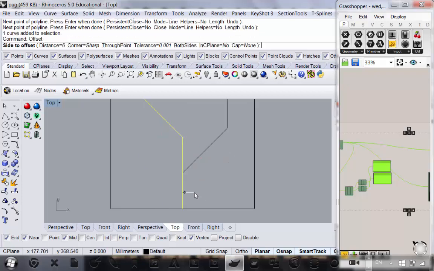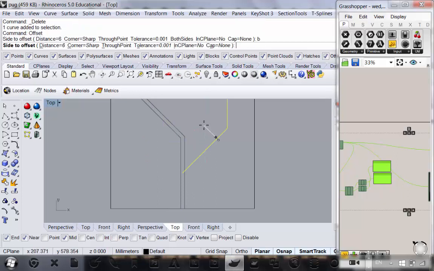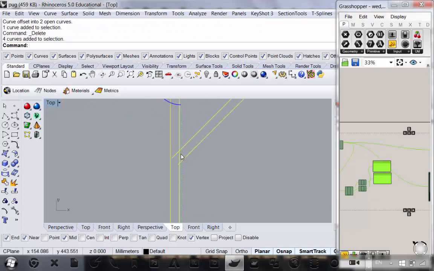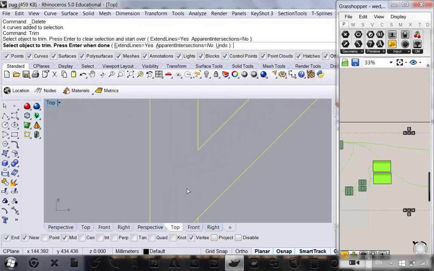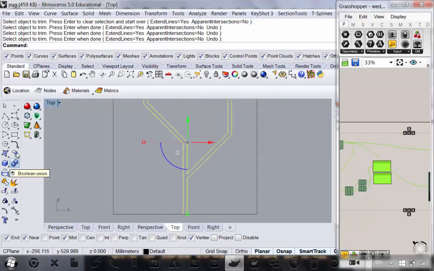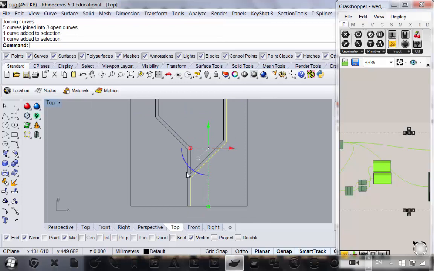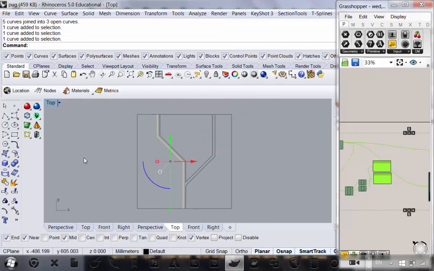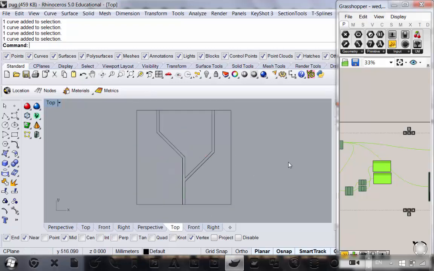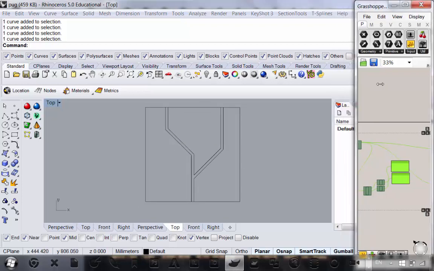I'm just going to offset this. You don't have to on both sides. And I'm just going to trim these so they connect. Hit enter, and voila. So great, we have this here, and let's say we want to create some interesting kind of topo around it. Now, a workflow to quickly iterate through things is to take this,